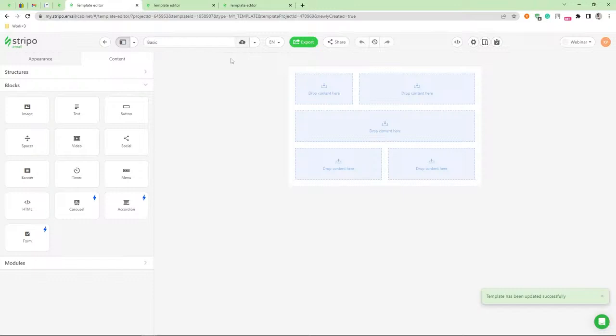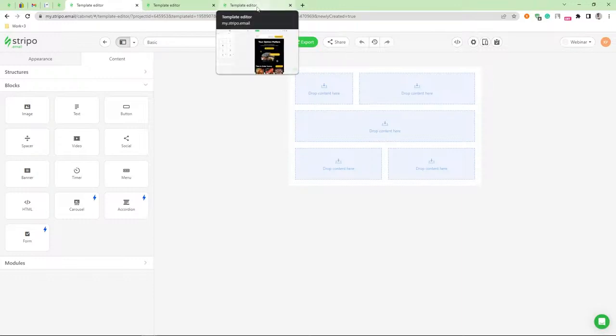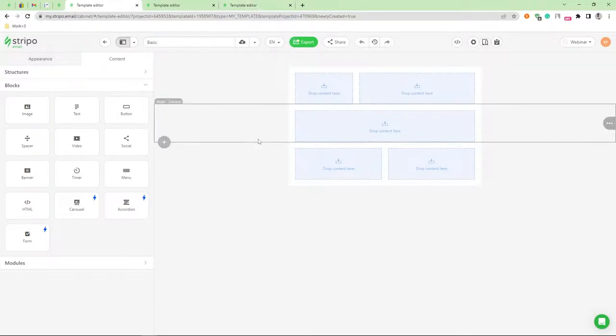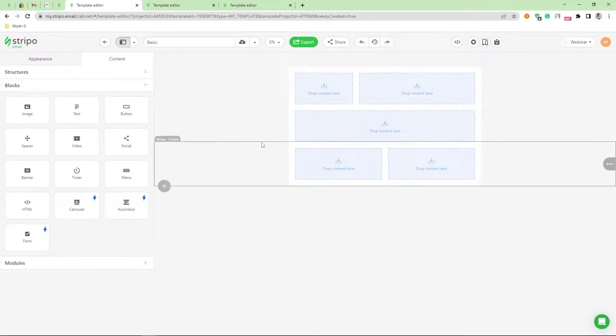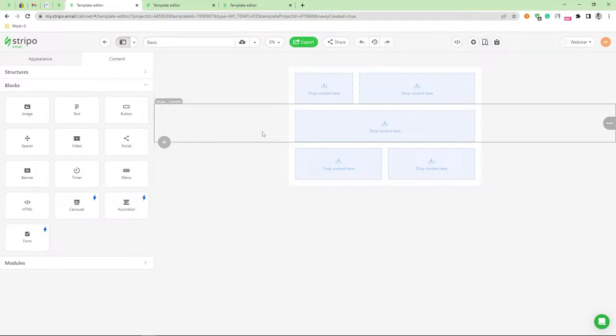And now we can understand what models are with an example. Models are universal elements of an email template that help reduce the time it takes to create an email. And the Stripo platform allows you to create your own models. So now let's create our first model and let's keep it simple with